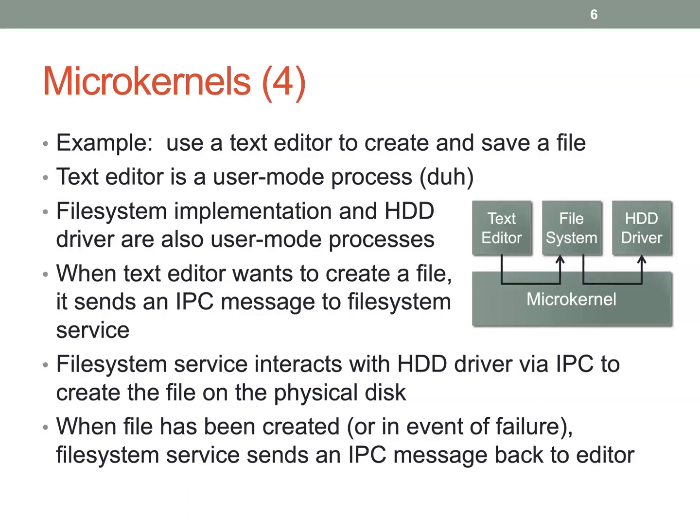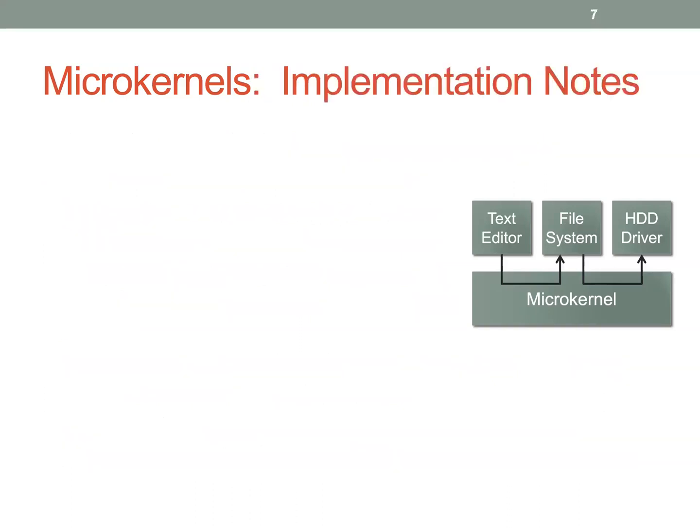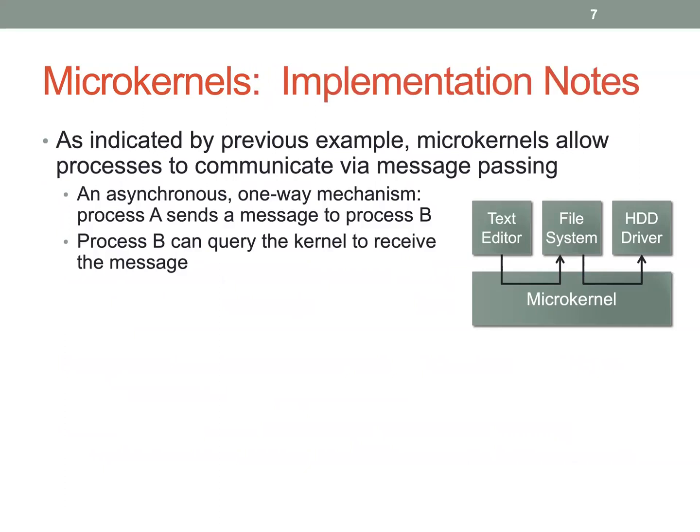So the text editor sends a message that results in a message being sent to another process, and then those processes communicate back to the calling processes via IPC message responses. Okay, so that's cool. That seems like a reasonable way that you could build an operating system,